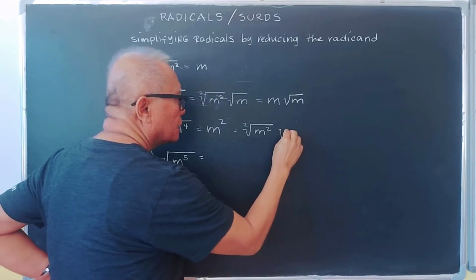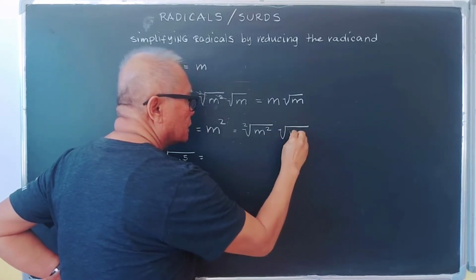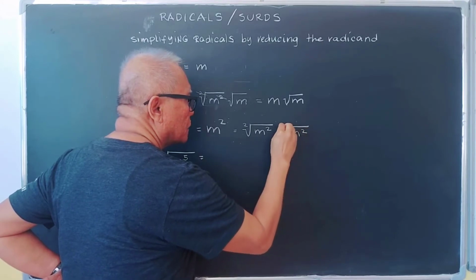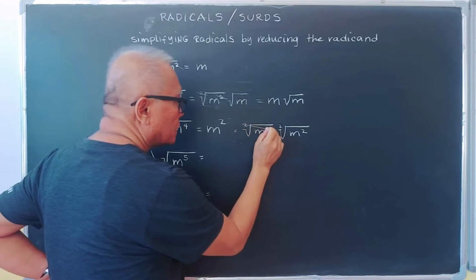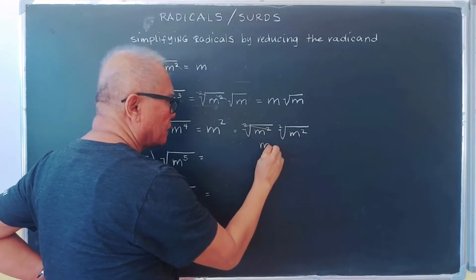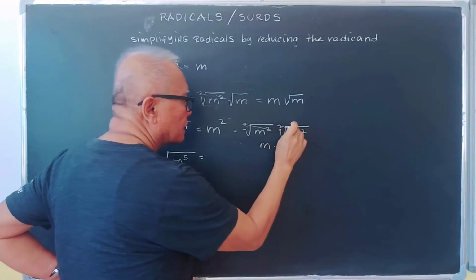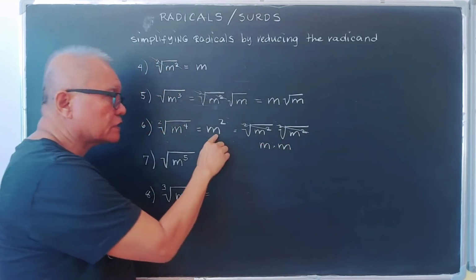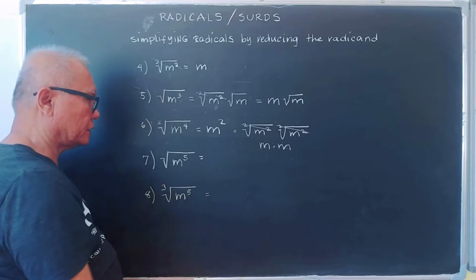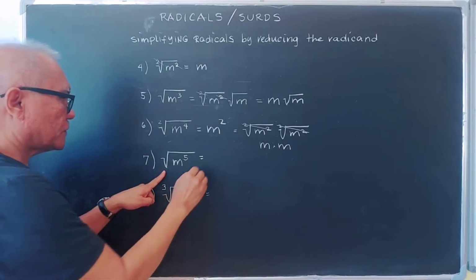And then here is another m squared. This one is 2, of course. They are the same. And then you cancel this one. So it's m times, cancel this one. And then you have m. And m times m is m squared. So for this one,